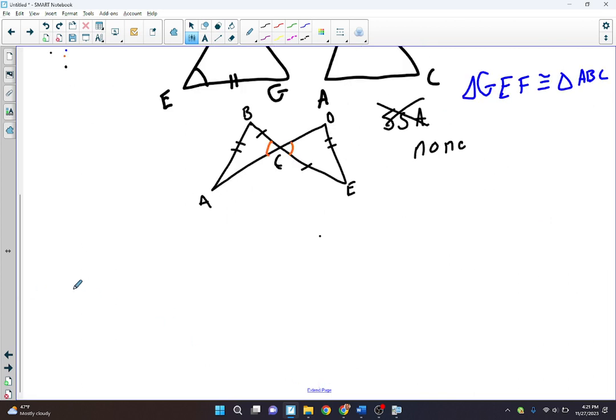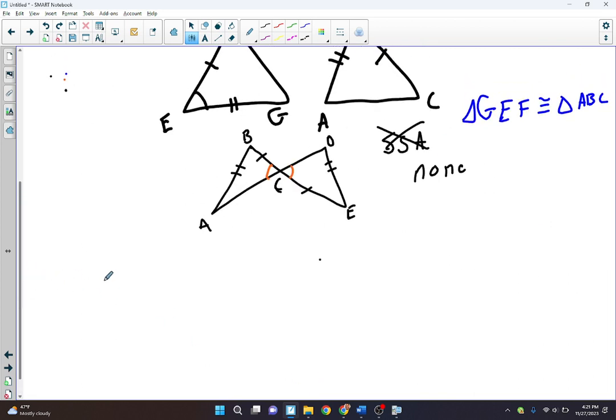Wait, couldn't it be? Isn't there another side? Why are there two A's? Isn't that side, angle, side? That's fine. That would be two angles and one side. Isn't AG and DG a side? No, you cannot make a